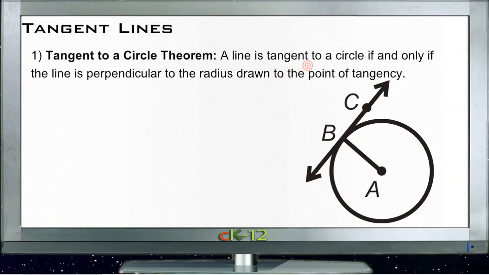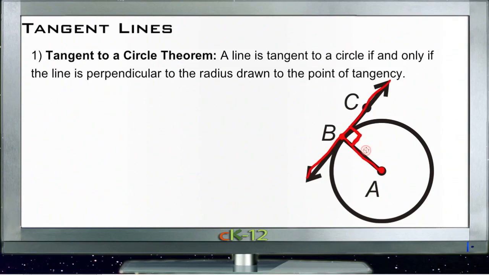And it says that a line is tangent to a circle if and only if the line is perpendicular to the radius drawn to the point of tangency. That's kind of a mouthful. But what it really means is that a line can only be considered a tangent to a circle, in other words, it's only considered to pass by the circle and touch in a single location, if, when you draw that line and identify where it actually touches the circle, a line drawn from that point to the center of the circle is perpendicular to the line that you're considering tangent, then it can actually be considered a